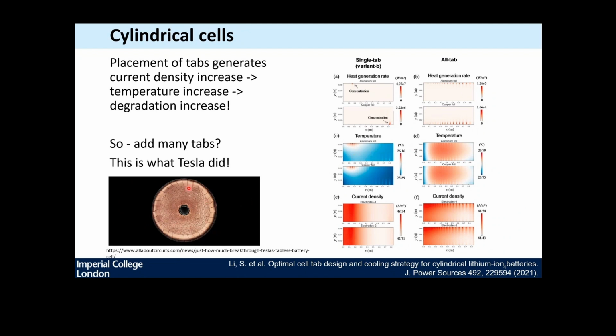So the current inhomogeneity close to the tabs leads to a temperature increase because you have a higher current density. And this temperature increase will lead to an unexpectedly early degradation. And so you want to avoid this. And here you see what Tesla designed as a cell. So inside the can, they now have basically a continuous tab to draw current from everywhere to avoid these waves that you see here in the current density, and thus in the temperature that the current collector sees,